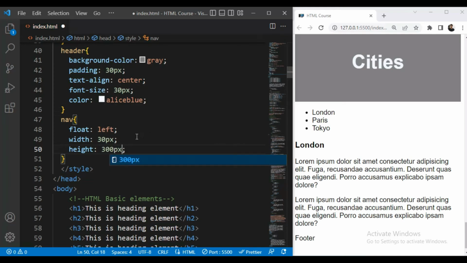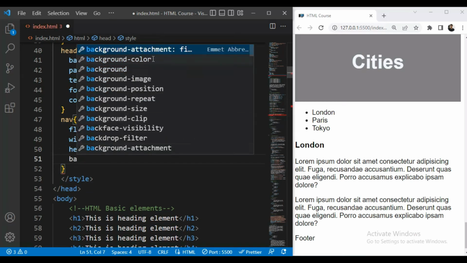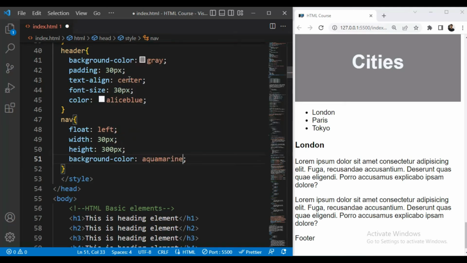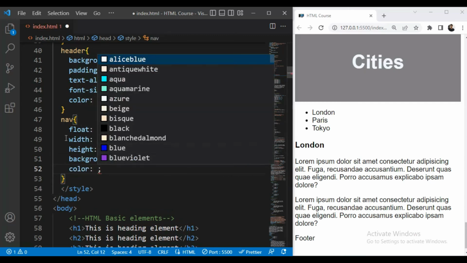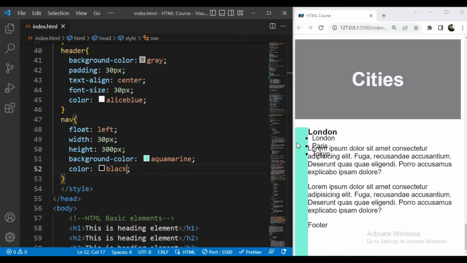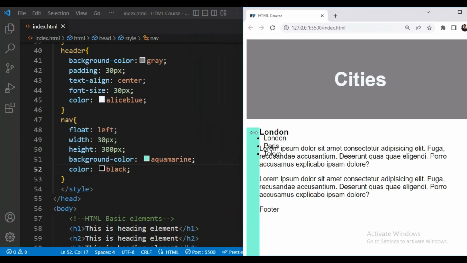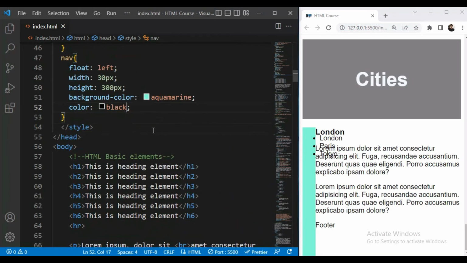Then we'll give background and padding, background color, for example aquamarine, and color will be black. Okay, so let us save this. For some time it will look like this, but we'll set it.